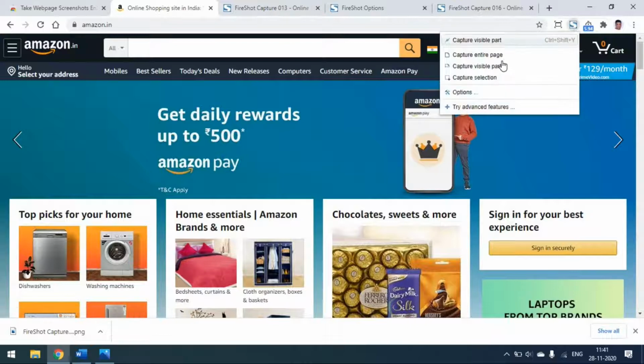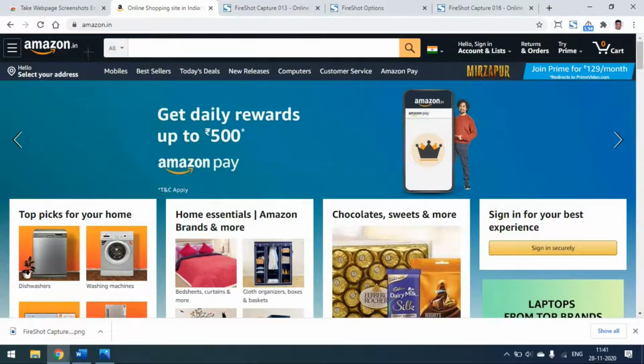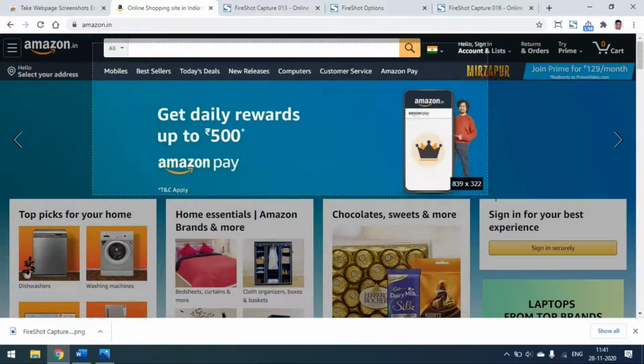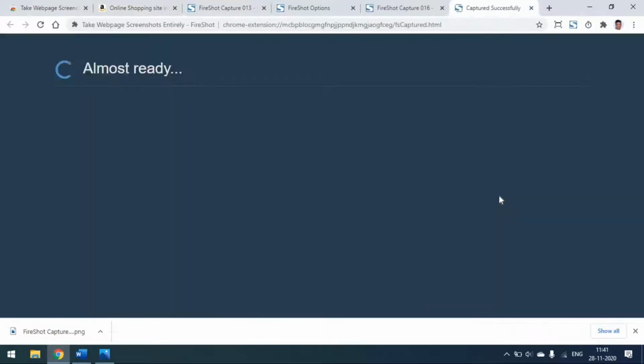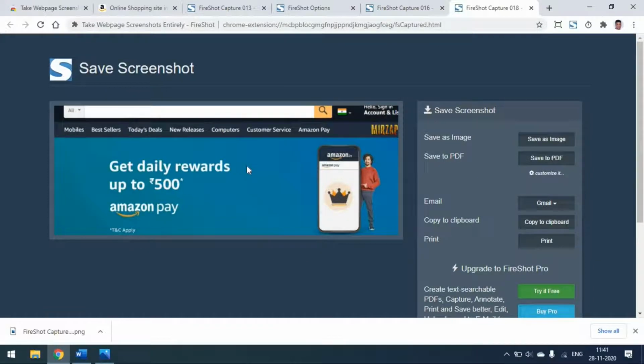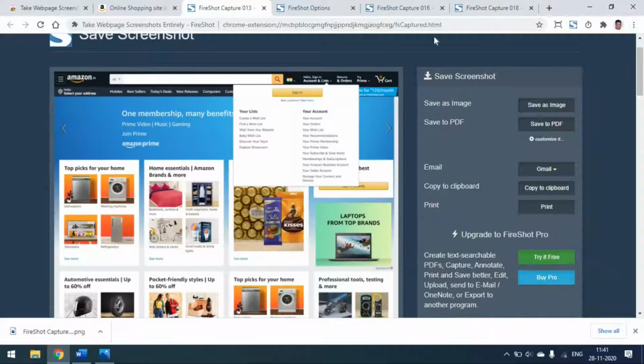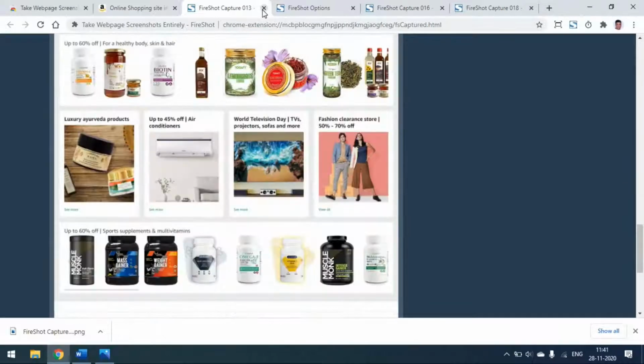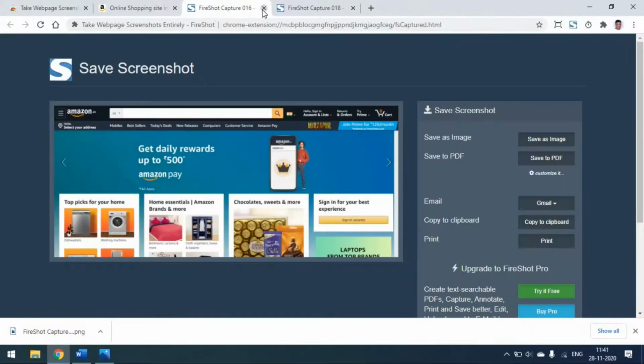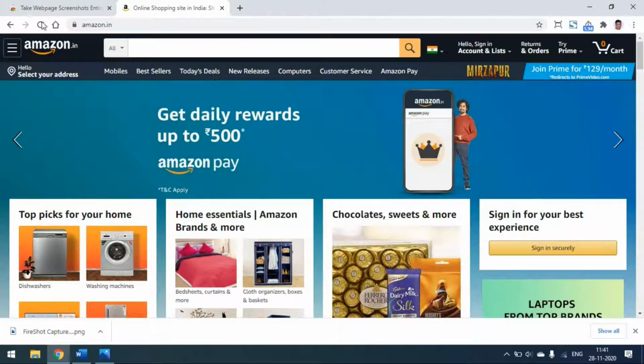Okay, so when you want to capture only some particular selection area, like if you crop something like this, then you can take only this cropped area. Okay, this is an easier one when you need to take a complete page, right? So this tool will help you.